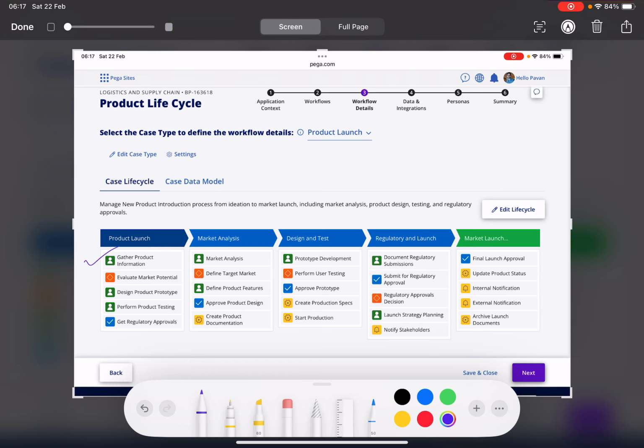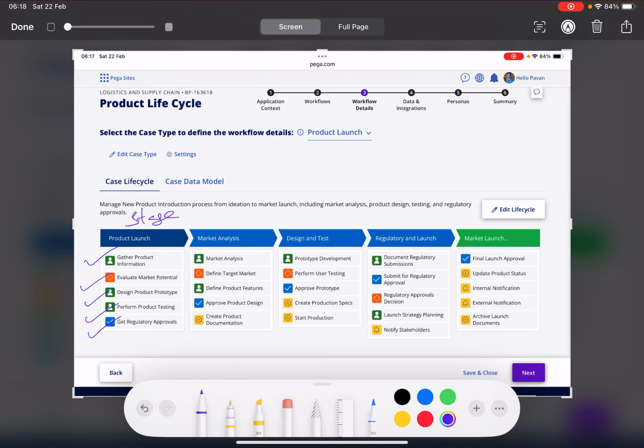Of course, if I have to launch something into the market, I need to gather the product information. That's right. Evaluate market potential. Yeah, meaningful. Design product prototype. Okay, good. Then perform product testing. Yes, that happens. Get regulatory approvals. What is exactly happening behind the scenes, we don't know. But at least I know that, okay, I have a stage called